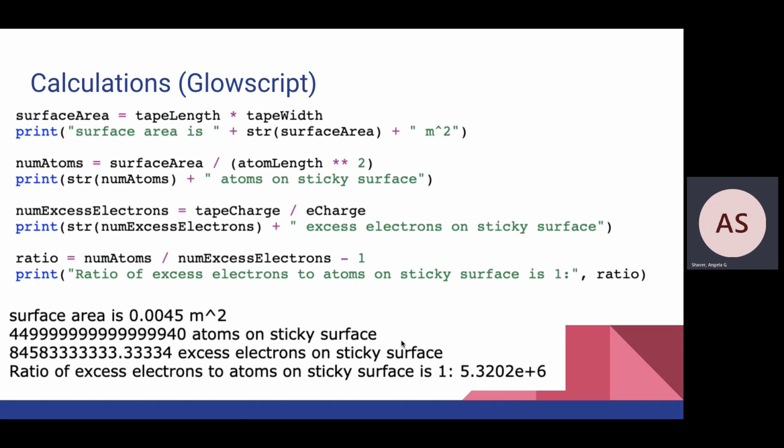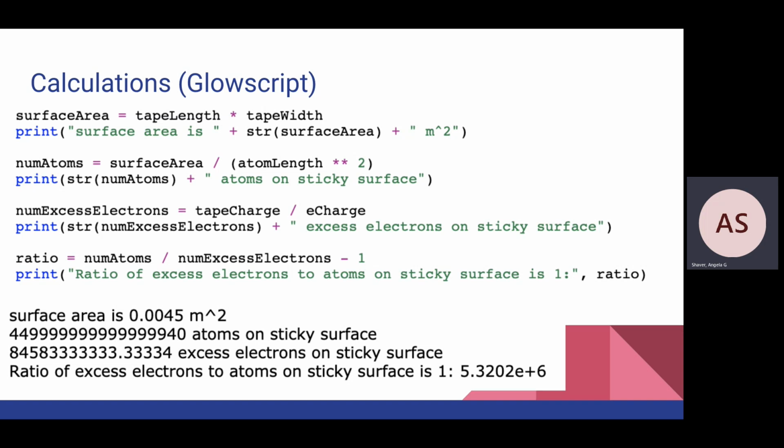For the next part of our calculations, we wanted to figure out the excess amount of electrons on the piece of tape. So we started by finding the surface area, and then we found the number of atoms by dividing the surface area of that tape by the area of the single atom. To find the number of excess electrons, we divided the charge of the tape by the charge of a single electron. We found that there are about 4.49 times 10 to the 17th atoms on the sticky surface,